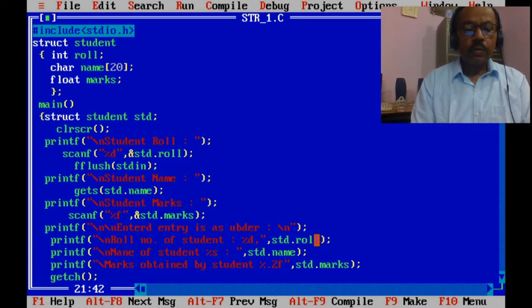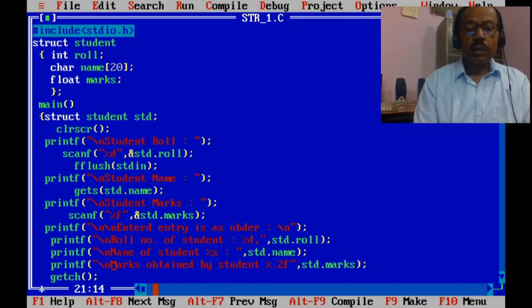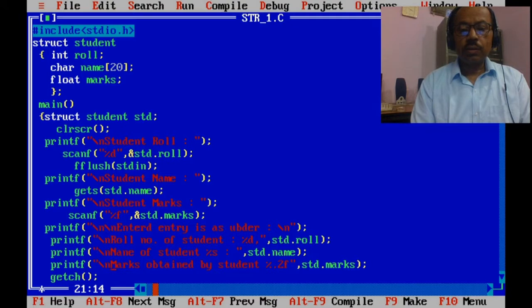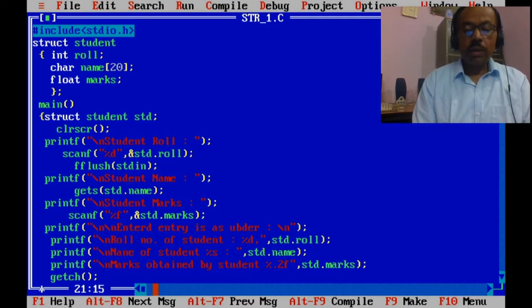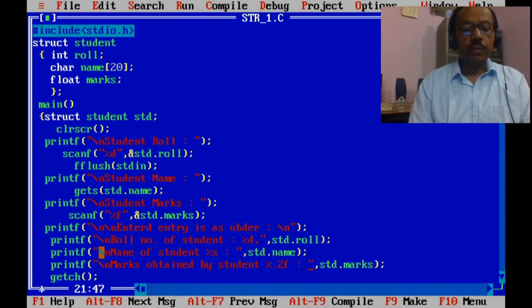Name, here we have left to put \n, that's why it is not appearing, and again one column is leaving here. So this is complete, I think.